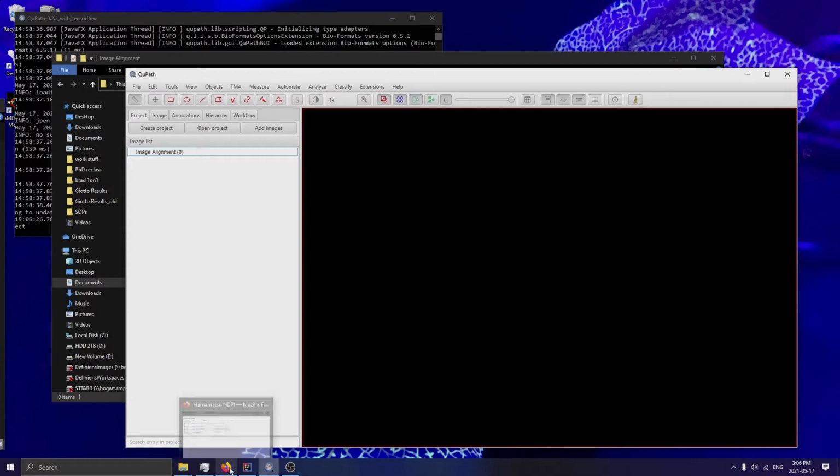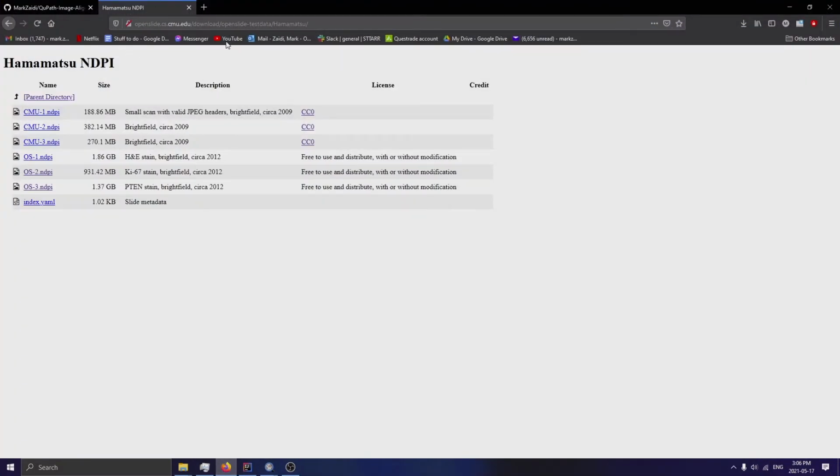Now the images that I'm going to be using are OS1 and OS2 and OS3 from the Hamamatsu NDPI OpenSlide test images or test data. Now what's interesting to note is that even though OS3 is labeled as NDPI, the download will end up downloading